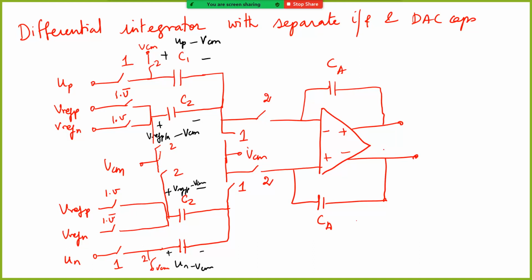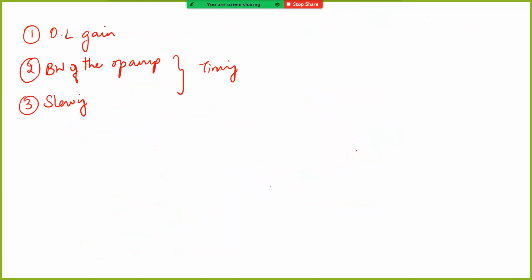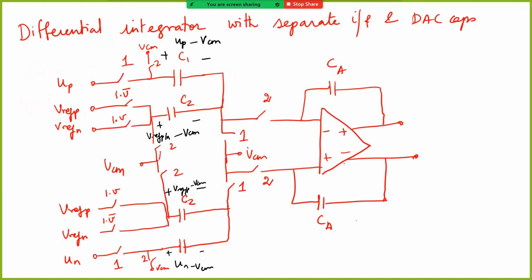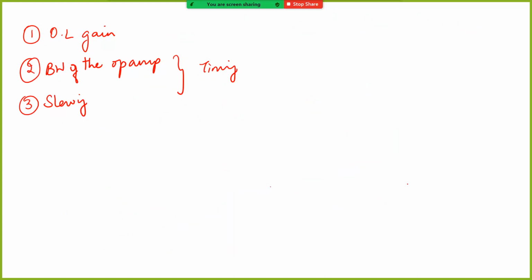All right. Now, secondly, where does the open loop gain come into the picture? The accuracy of the signal, the accuracy of the charge transfer that happens, is going to be dependent on this open loop gain of the op amp A, correct? Like this we have already seen. If you have a unity gain feedback or whatever, you have the 1 plus 1 by A factor coming into the picture, right? So in other words, let us look at the amplifier gain.